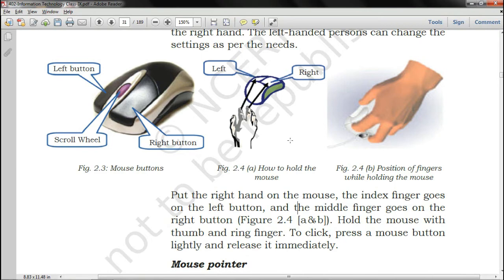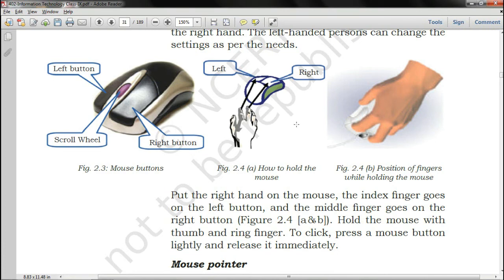This mouse is basically for the lefties because the left button is here. You can see this figure. The index finger is coming here on the left, and the lady finger, the bigger finger, is coming on the right. And the rest of the fingers go to the side.